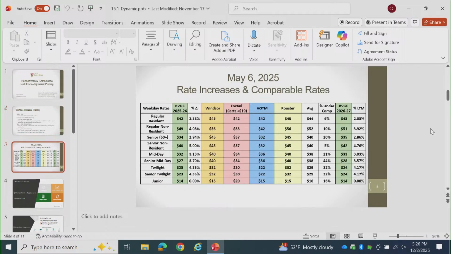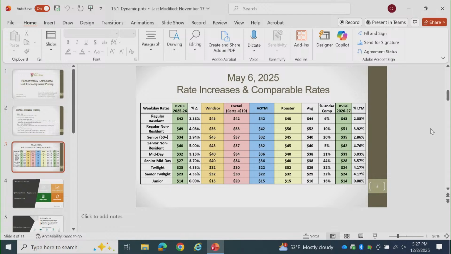Just to remind you where we're at, this chart is one you've seen several times before. This identifies where we sit in our marketplace. Generally speaking, the catchphrase that we use for Bennett Valley is we're the best value course in the North Bay. And that is a catchphrase that we've heard from council we want to retain. It's in our best interest to have this beautiful location, this great course, but something that's attainable and playable by the majority of community members in the North Bay. And so we do compare ourselves to other competitors in the region, and in general, we are below their average